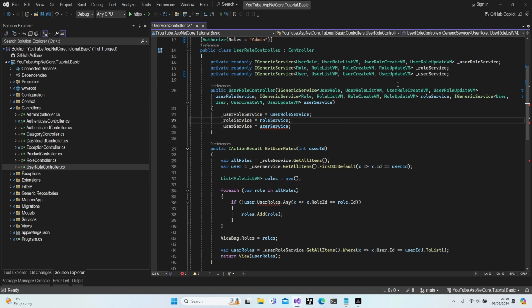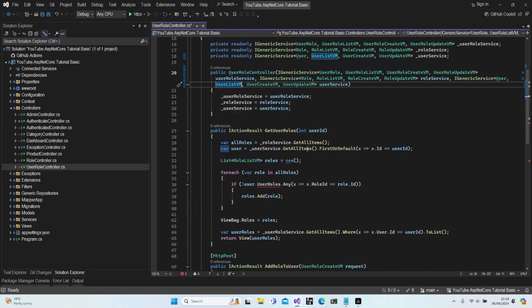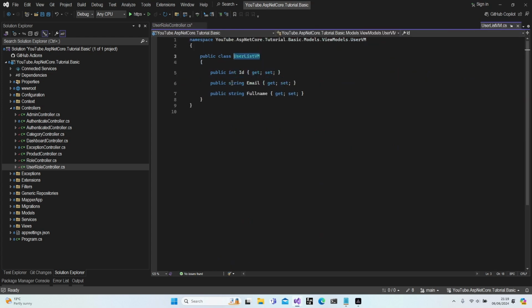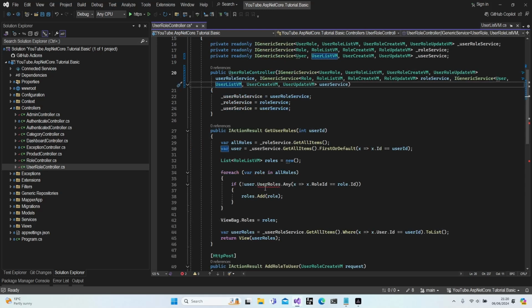Yeah, let's make the changes. Let's go to user list v model. So we don't have any user role. We might make a mistake. Yeah, we don't have any user roles. We need to add user roles to user list v model to bring them all,